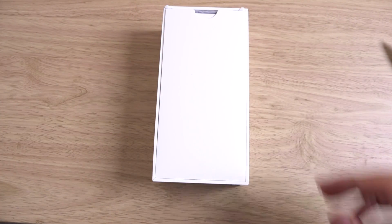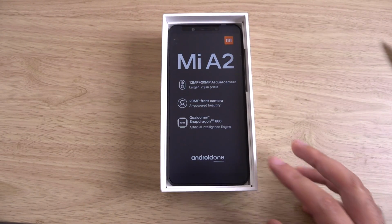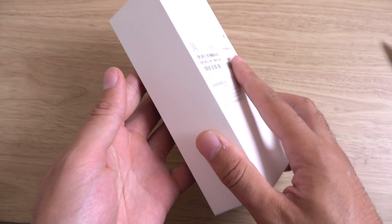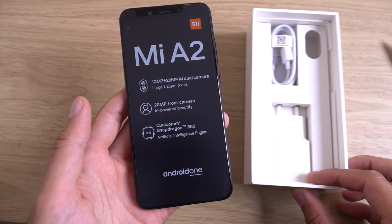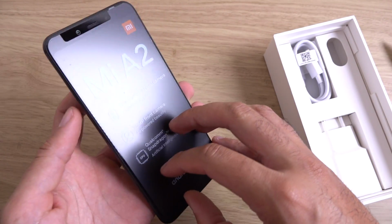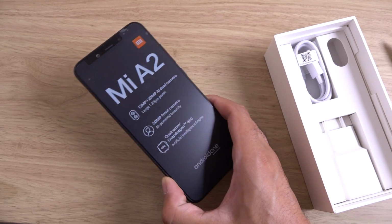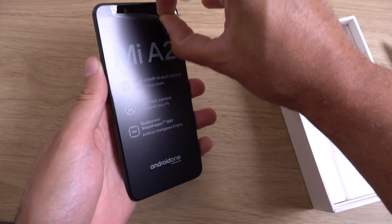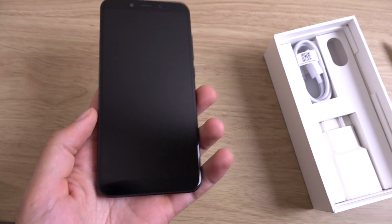So in the box you can see quite a standard affair here. You do get Mi A2 coming up with a large 1.25 pixel and artificial intelligence, which I'm not quite convinced about still, but it should be better than not having it, I guess. So let's just get the display unpeeled here. You can see nice big display. Goes right to the edges